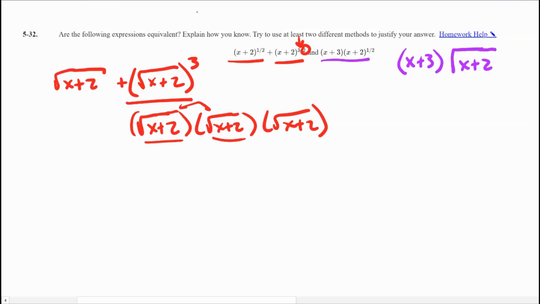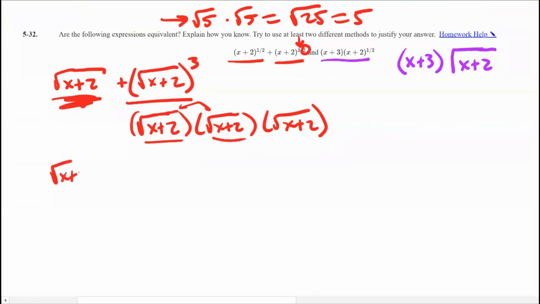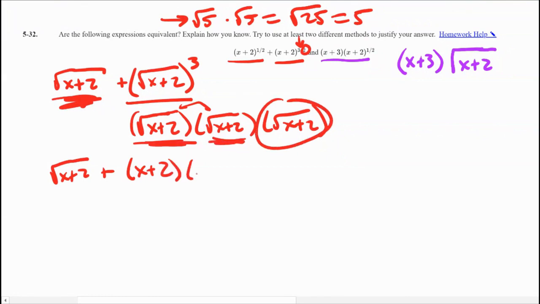Just like if I take the square root of 5 times the square root of 5, that's the square root of 25, which is just 5, right? This radical just went away when I multiplied them together. So now to rewrite this, I have my original square root of x plus 2 plus x plus 2, because these two things multiplied to get x plus 2,